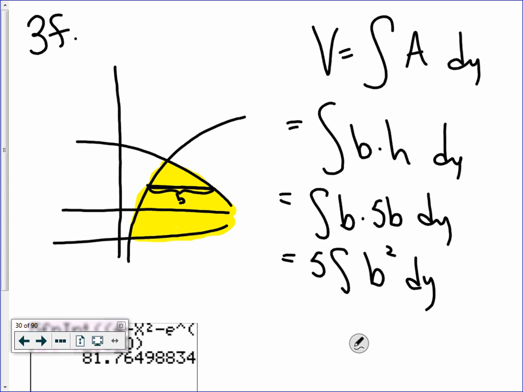Since it's a dy problem, what are my limits of integration going to be? C to d, good. And since it's a dy problem, how am I going to get the length of the base? X right minus x left. Remember when we say x right minus x left, it has to be what x equals on the one on the right minus what x equals on the left. So the base,